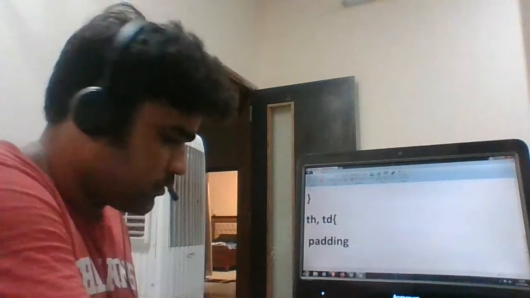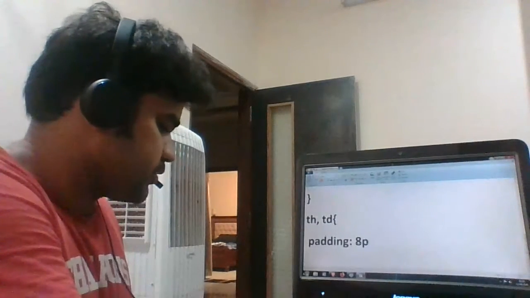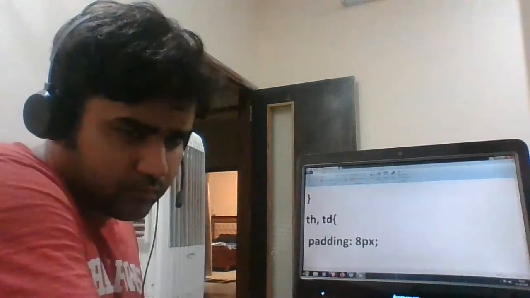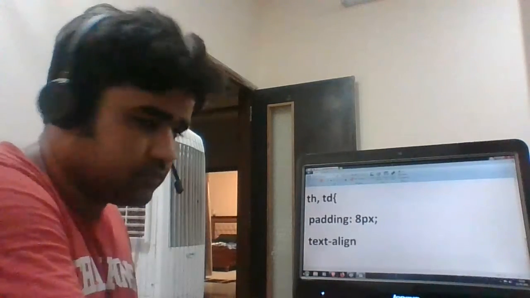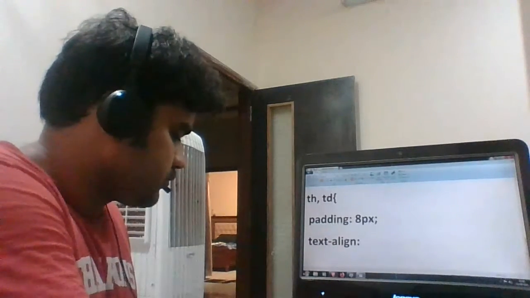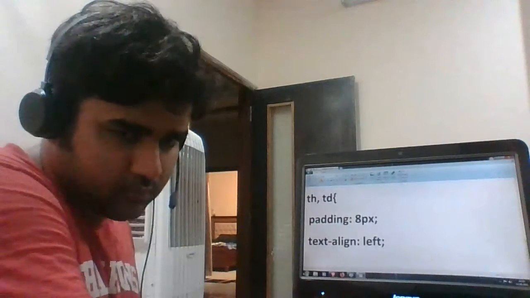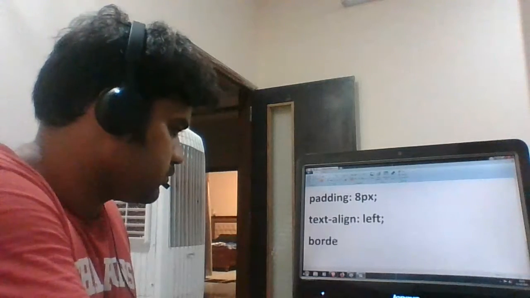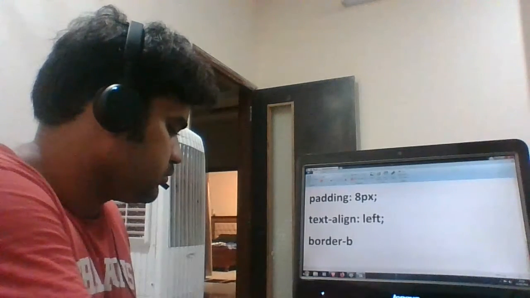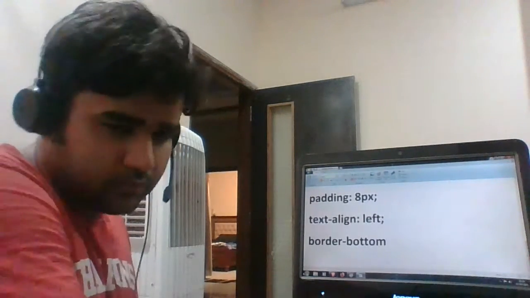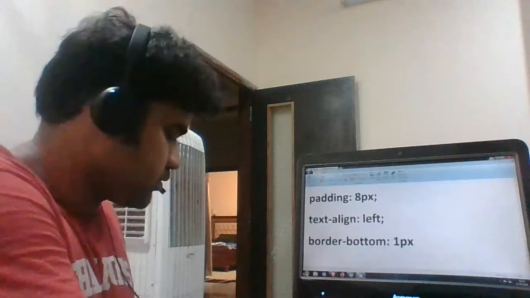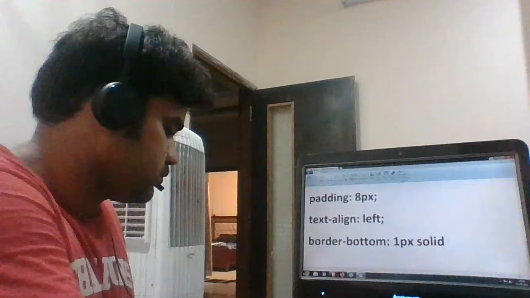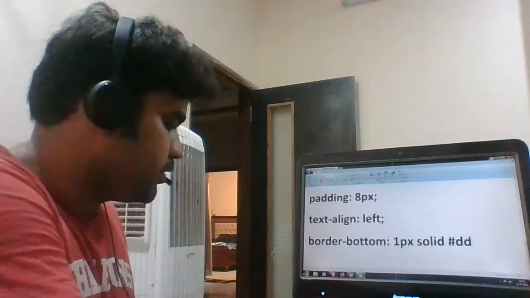padding 8 pixel, then text align left, border bottom 1 pixel, solid, hash DDD,